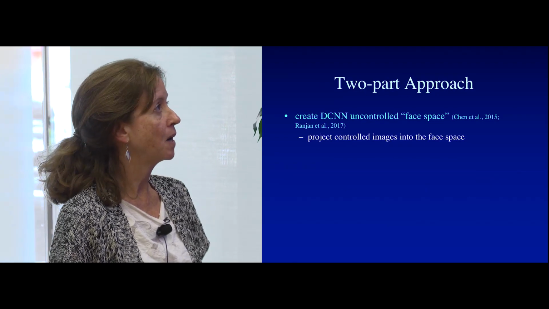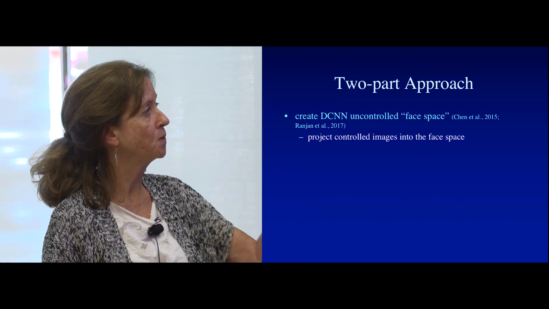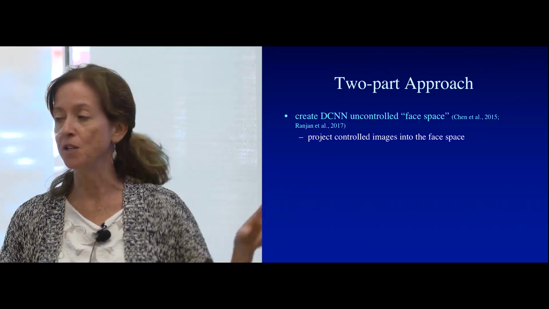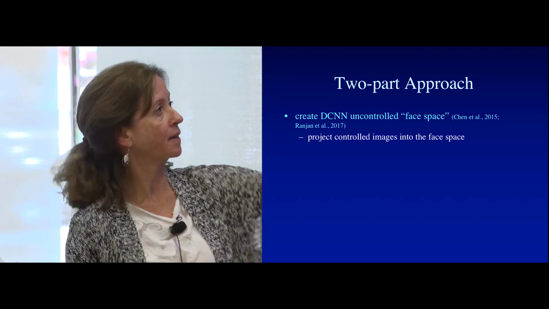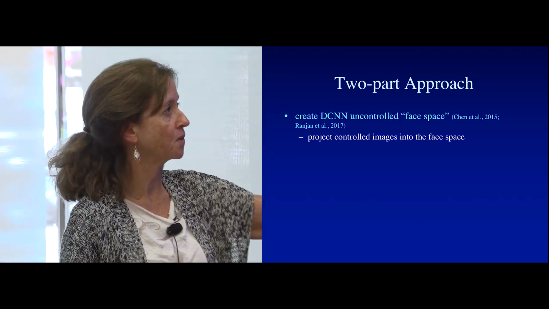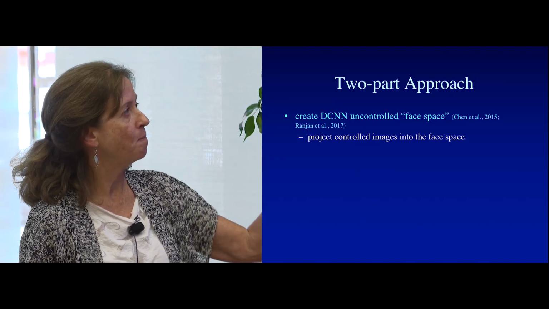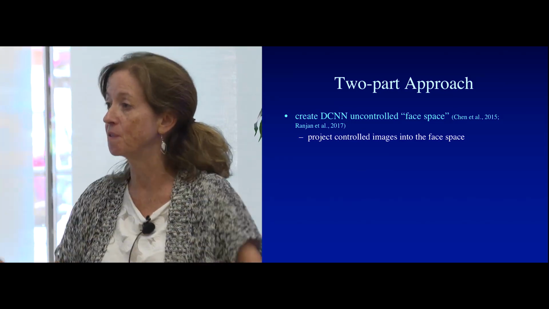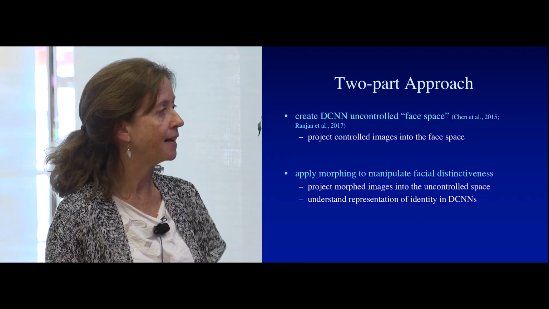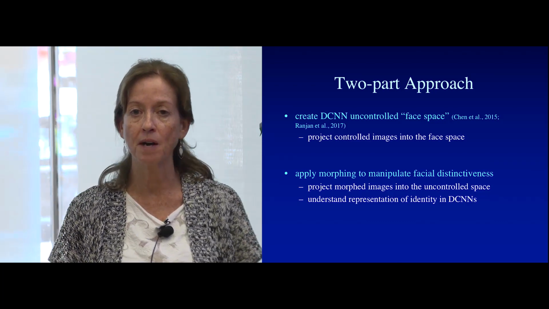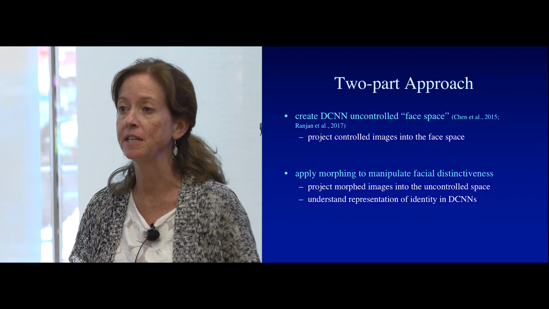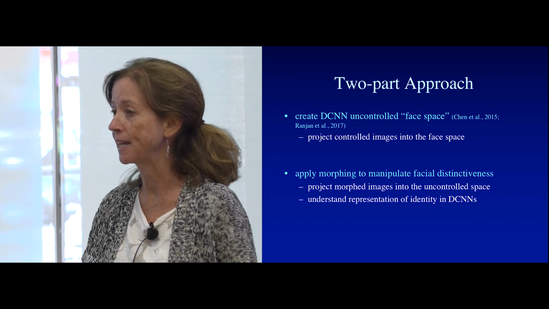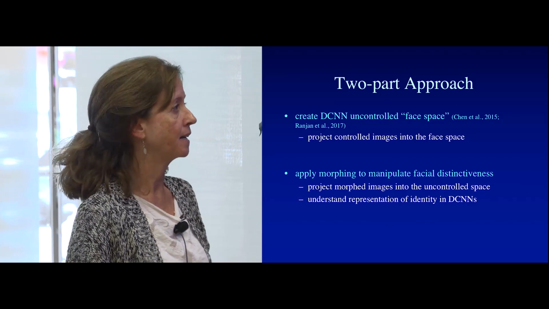All right, so we had a two-part approach here. The Maryland group created the DCNNs using the uncontrolled methods. Rajiv's network is the second one here, and Junchan's is the first, and everything generalizes. Then what we do is project the controlled images into this face space created from the wild data set. In the second part, we're going to use the power of the 3D morphable model to change the salience of identity information, making caricatures and so on,